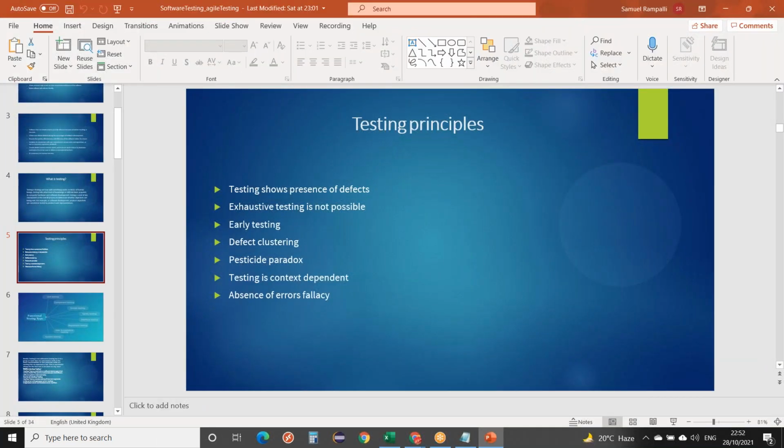Are we meeting the client expectations or not? That is my criteria. Are we on track with the client requirements, in sync with the client expectations, understanding everything properly and then testing?